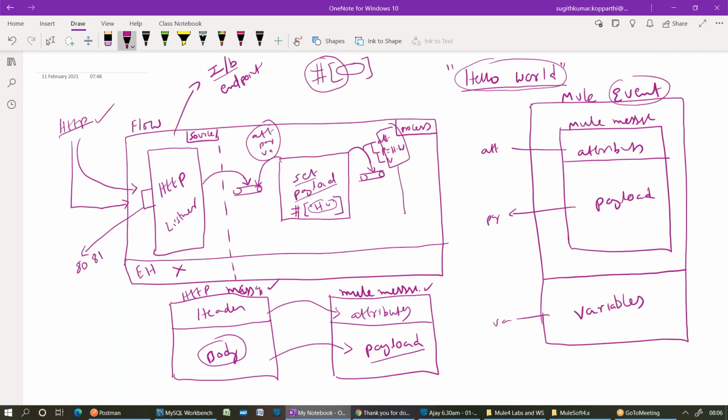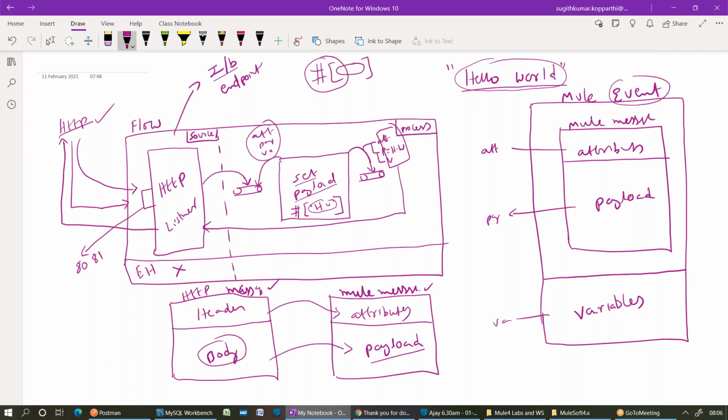That event will be given back to the listener. I will show the configuration in the listener; I'm just giving a glance here. The listener is responsible for giving the response back to the client. What response will be given back to the client? The entire event? No, we cannot give the entire event. We can only give the body, right?